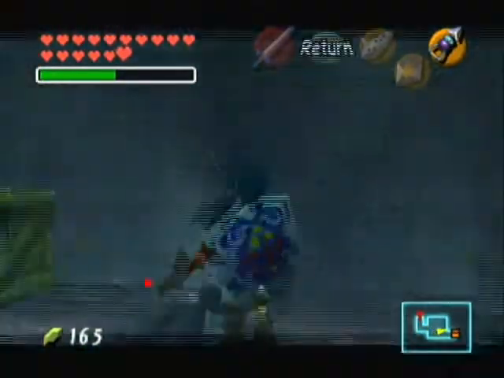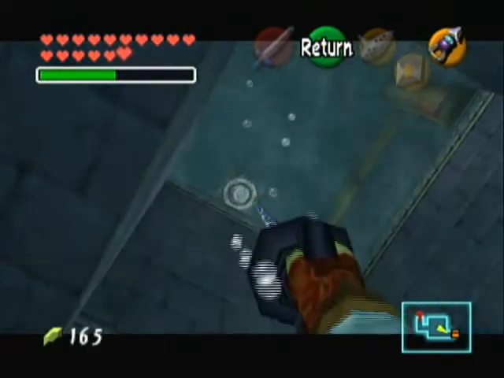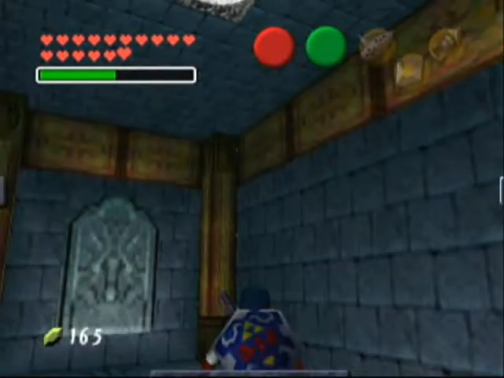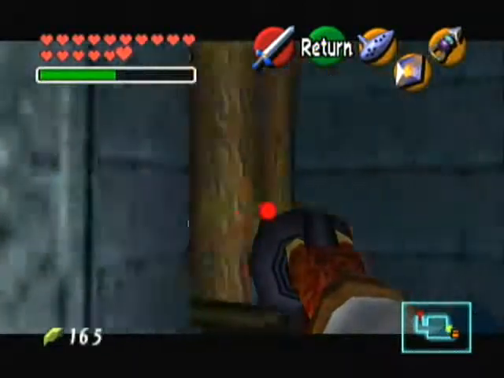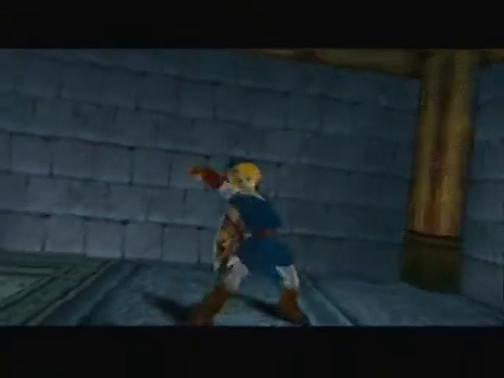But yeah, I guess the weirdest thing is those two blocks that will go down if you stand on them. The weirdest thing that I could not comprehend was how Link could jump underwater, because Link couldn't do that much. He barely jumped at all, if at all, underwater. And here,